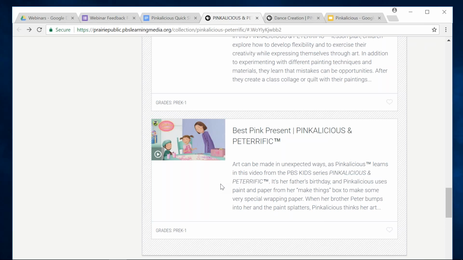But instead of getting mad, she takes a different view of the art project and realizes that if she uses her imagination, he's actually made it even better because she can now say that this mistake is something else. So it's a great lesson on how we choose to react to different situations and making the best